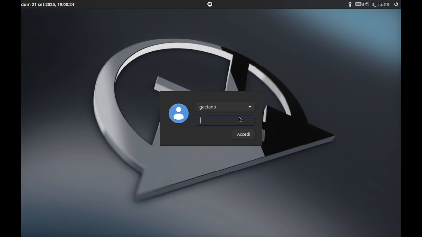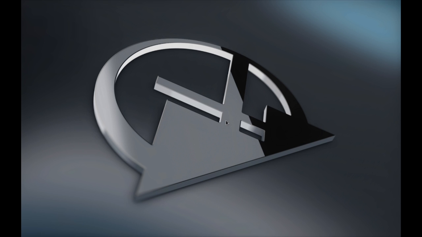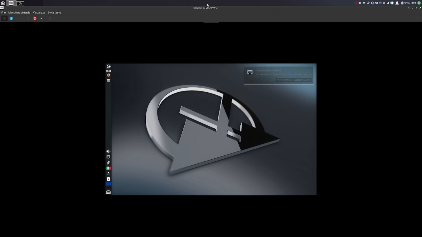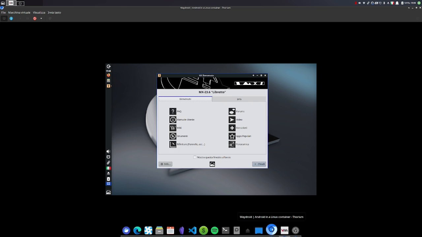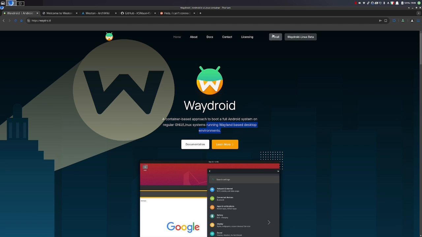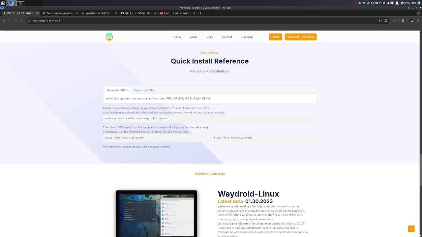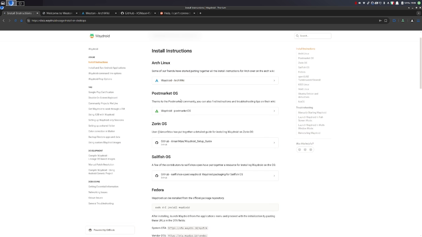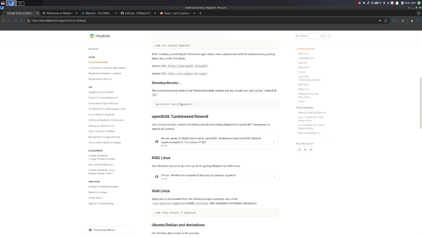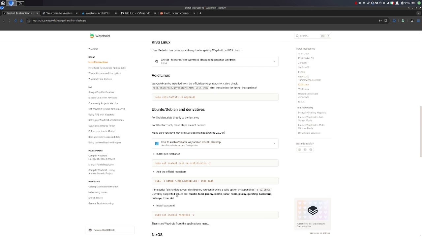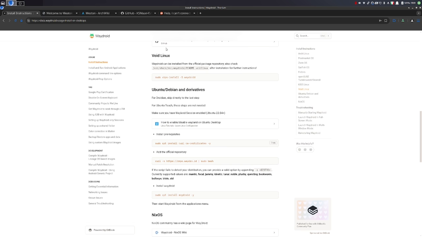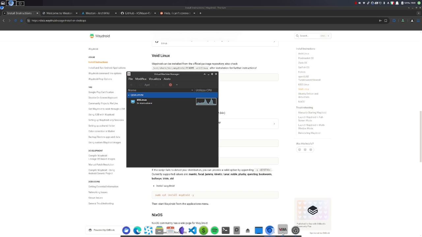Okay, so we're now in MX Linux. Let's see how to install Waydroid on it. I have my web page open. Let's go to install and look at the docs. MX Linux is based on Debian, so I can use this command in order to install Waydroid. I can copy it here and go to my